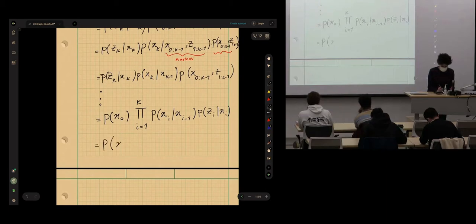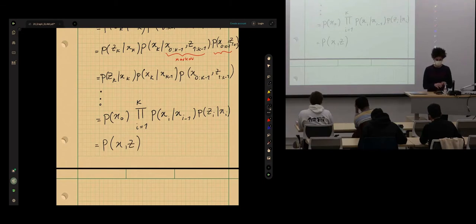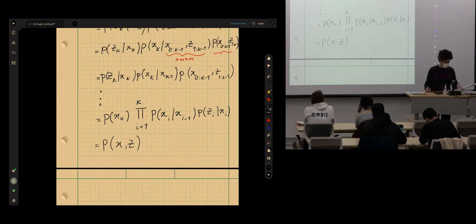And this is, of course, the same joint distribution. So we can factorize the joint distribution into these modules. And each module is our likelihood and motion model. We know how to model them. We've done it in filtering and in previous lectures in the SLAM. We talked about them.